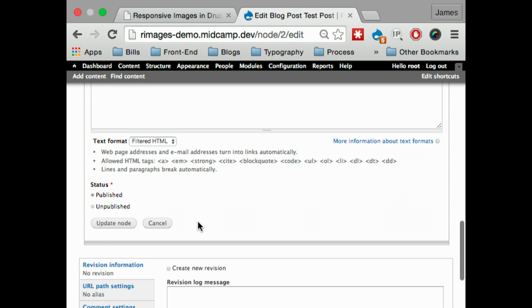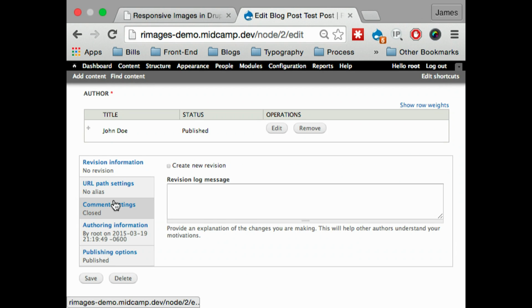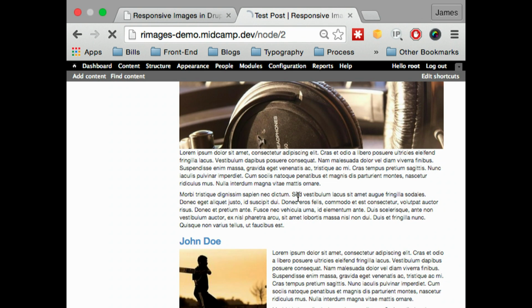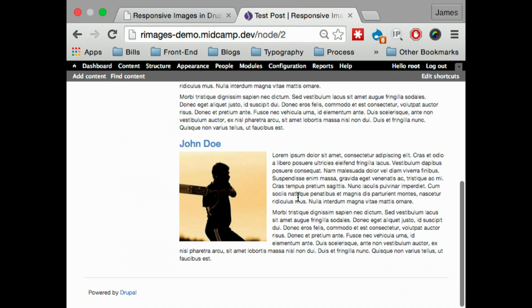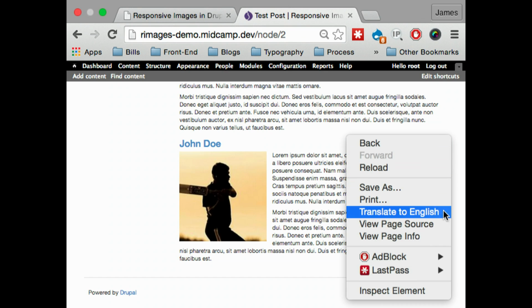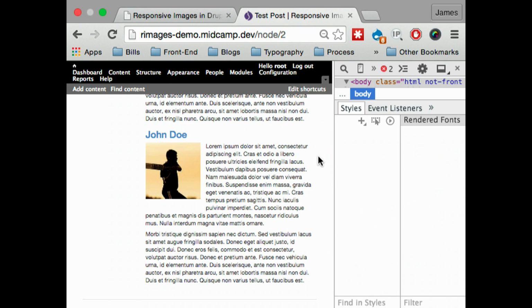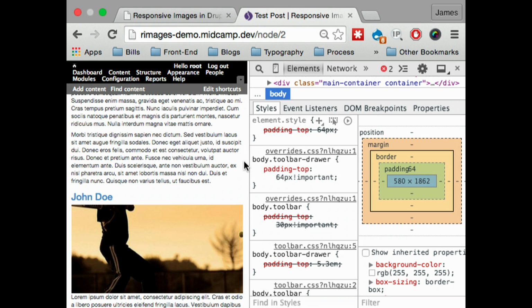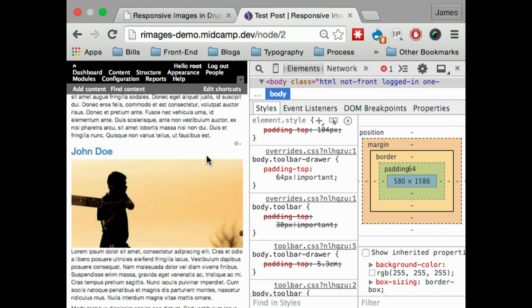All right, so those have been set. We'll save that, and we'll save our node. And caching, so we'll refresh. So we already see that this is taking effect onto the inset one. We now have that crop that we defined. And then as we start scaling down, layout changes, refresh the page, and we already have the crop that we